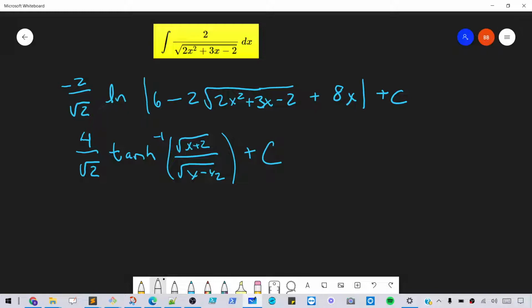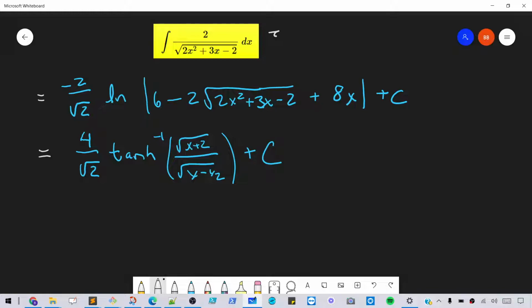Hi, so I came across an interesting problem this morning or yesterday, and it's this integral at the top in yellow here. I don't want to solve this integral again, but I'll show you I found two different answers for this integral. I found this top answer and this bottom answer,